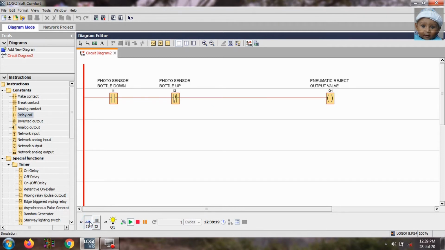So I have pressed I1. You can see the output has turned on. It means the bottle position has been detected by the down sensor but not by the up sensor. Because of that the output valve has turned on. Okay, but if I press only the up position,